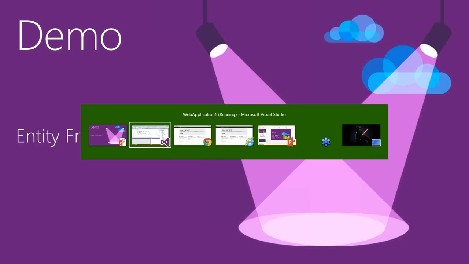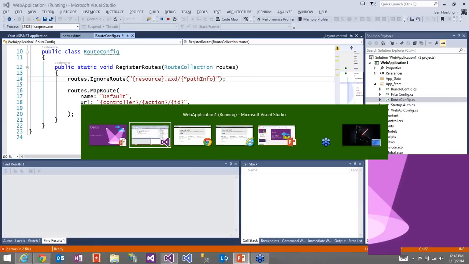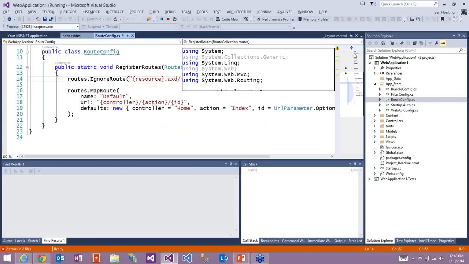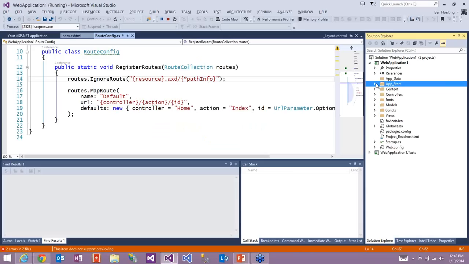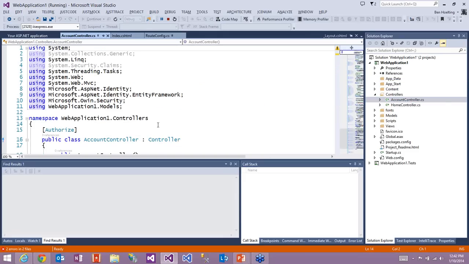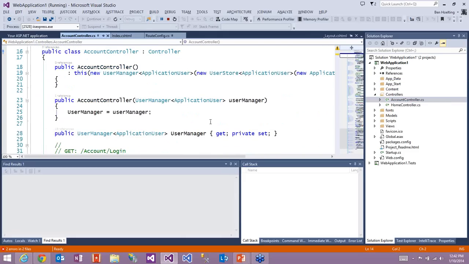Okay, let's take a look at a few of these things. I think I have about 5 minutes, and then we'll open it up for questions. Okay, so the first thing that I'd like to show you is some of the API stuff that has been added. So if you look at the account controller, remember when we